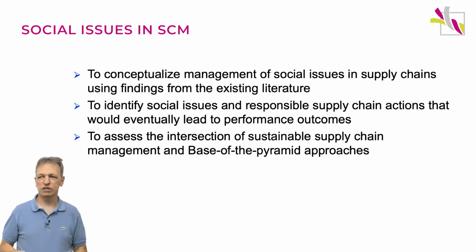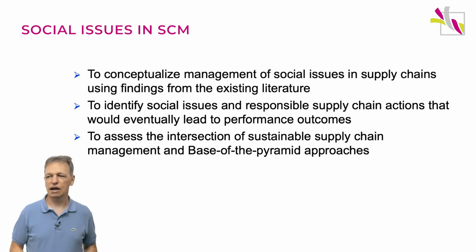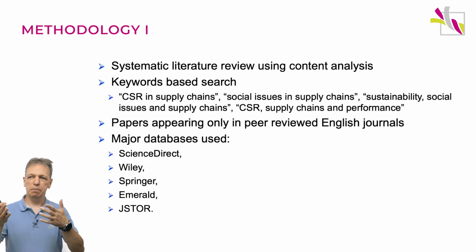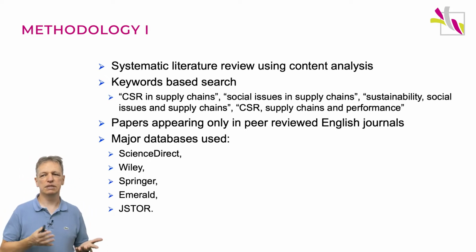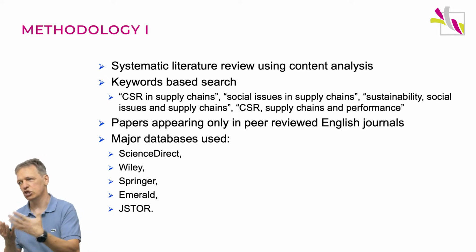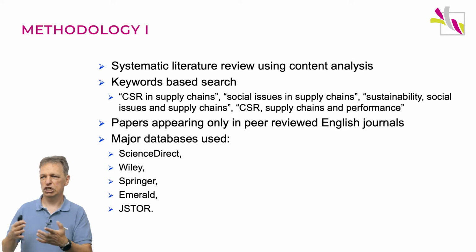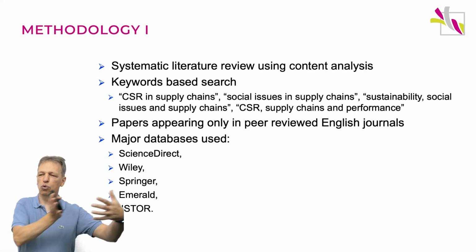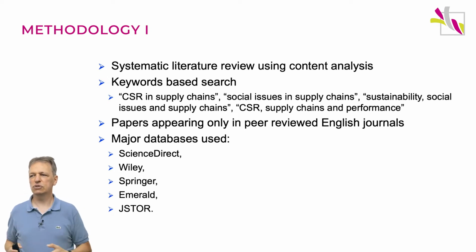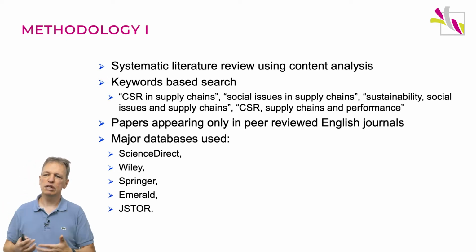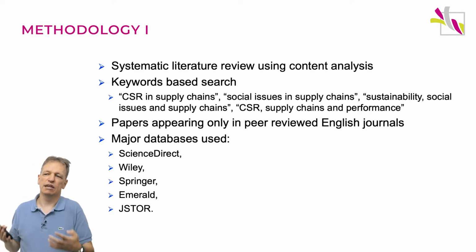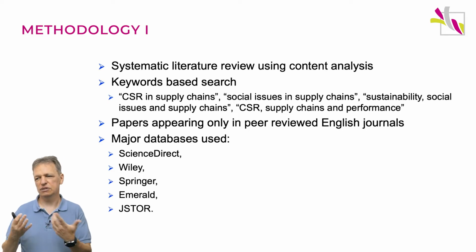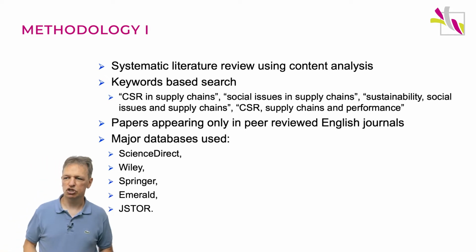It relates to some of the issues that you would also typically find in search terms. The methodology in this particular case, keywords specified here, so we used CSR, corporate social responsibility. We also used social issues, sustainability, social, supply chain, and combined them. So we typically had a word more on the social side and another word more on the supply chain side, and then analyzed it. We restricted ourselves to papers appearing in English language peer-reviewed journals because we had enough of this already. We used typical databases. ScienceDirect is basically Scopus, but we then also looked at some other databases to broaden this body of literature.